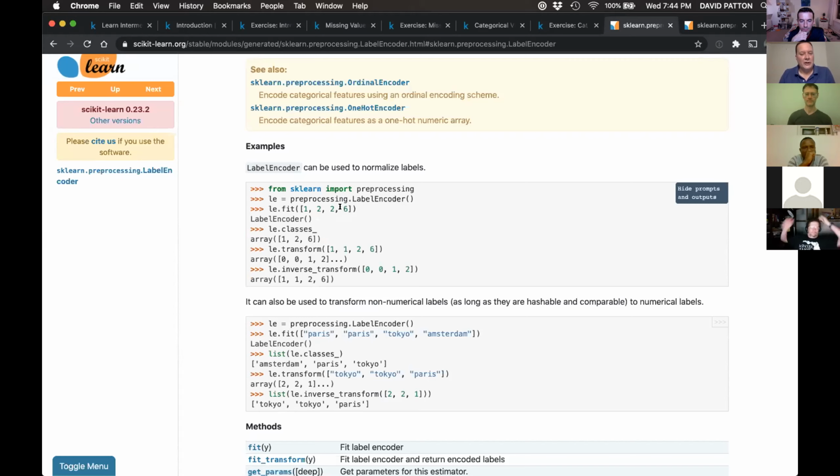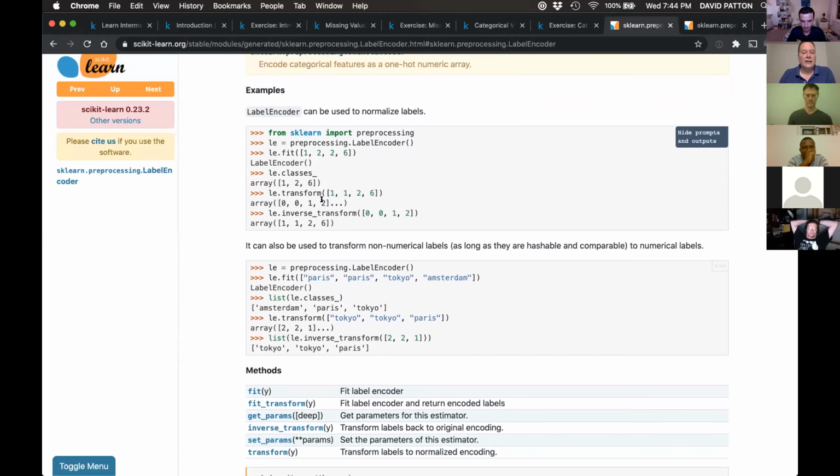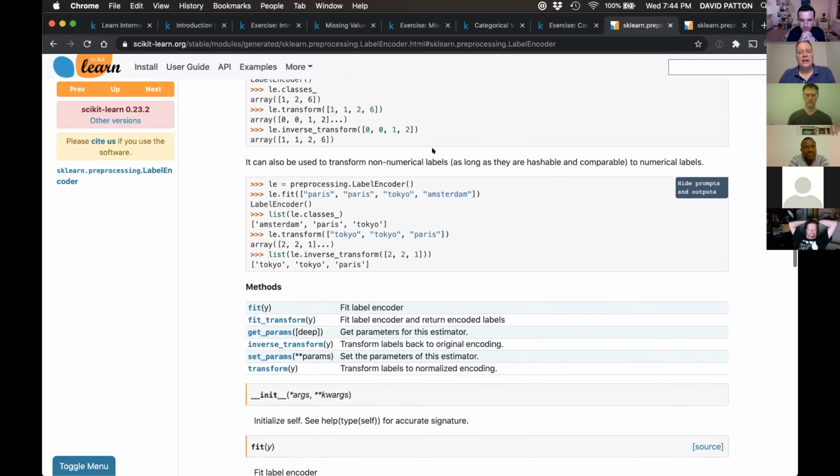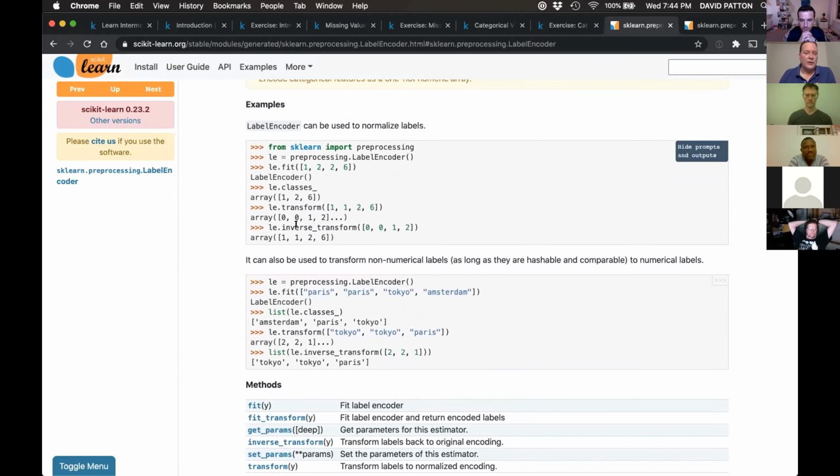But it's a lot better when you're looking at probabilities and how a model does predictions for classification, to have your labels be integers that are continuous, without gaps in there. So that's one thing it does for you, is it can make those into numbers that are 0, 1, 2, right? And they do it here. They show how you can do this for categories that are object strings, right? So it puts it in a nice order like that for you. It's made to do that.